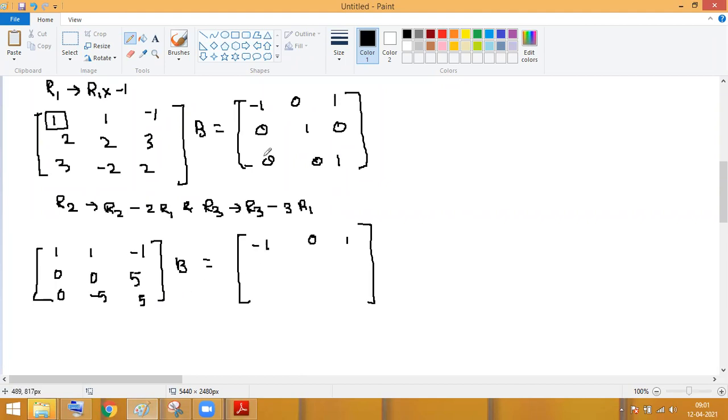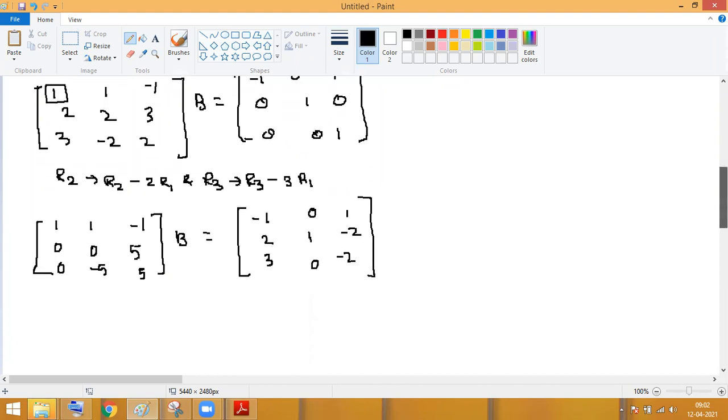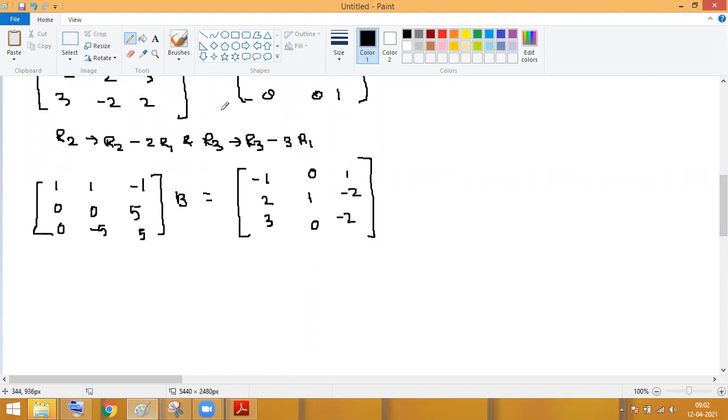Yes. What about here? The same operation. R2 tends to, what do we have to do in this? This minus double of this. So we'll get 2 here, the 1 here, and -2 here, and 3 times of this. The 0 minus of -3 is 3. Then you will get here again 0. The 1 minus of 1 minus 3, how much will it be? -2.